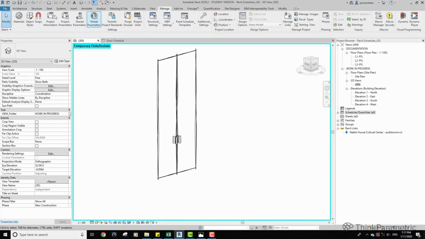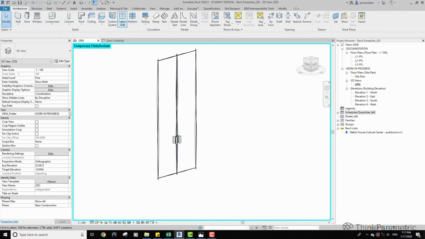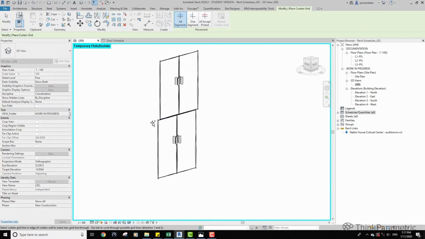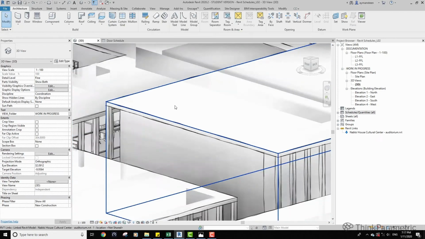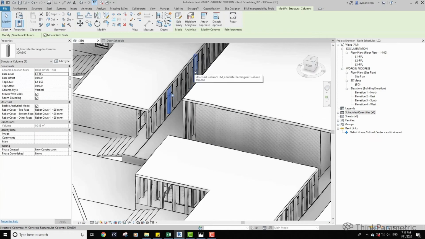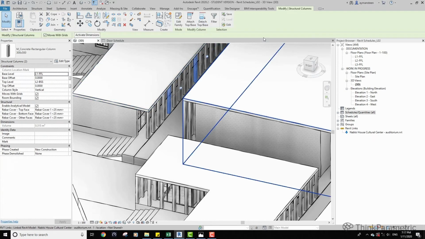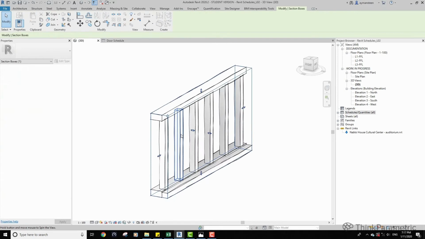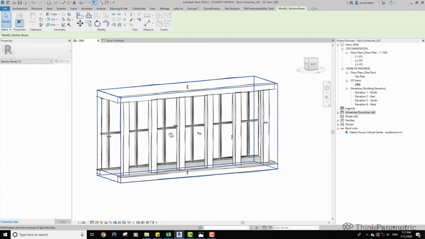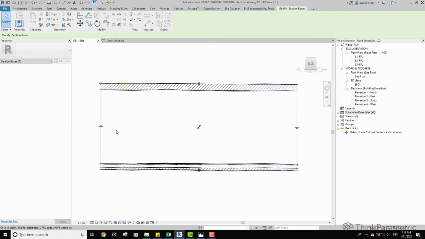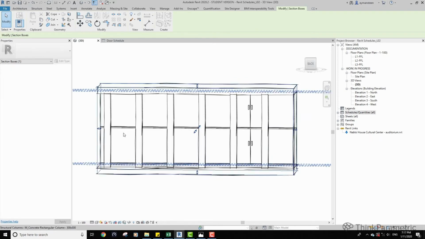So I have to create a curtain grid, for example. Let's go right here. I'd like to use the section box tool or a box, and going inside here you can see that this is the issue.